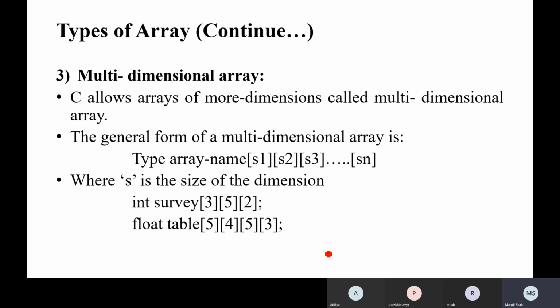Now the first size is the row, the second size is the column, the third size is the width, so that is also possible. But in this case, for the fourth and beyond, we cannot give a name to each and every dimension. But we can say that if we are talking about this 3 dimension, then it shows that we have 3 records, each having a 5 by 2 matrix. So each record has 5 rows and 2 columns.